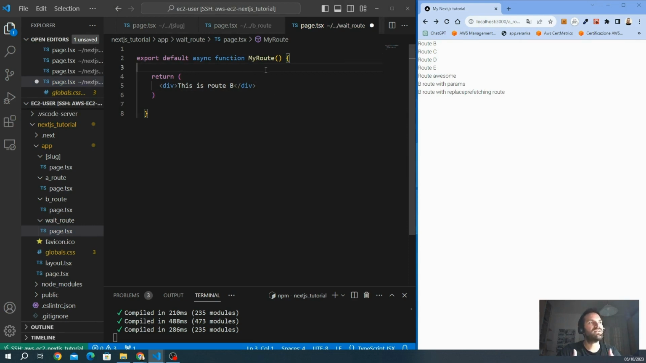We can use async actually because the page is server rendered, okay? Never use async on the client component. You will get many problems, and sometimes you will see some bug, and you don't even know what the problem is. So never use async with the client component. We call it WaitRoute,